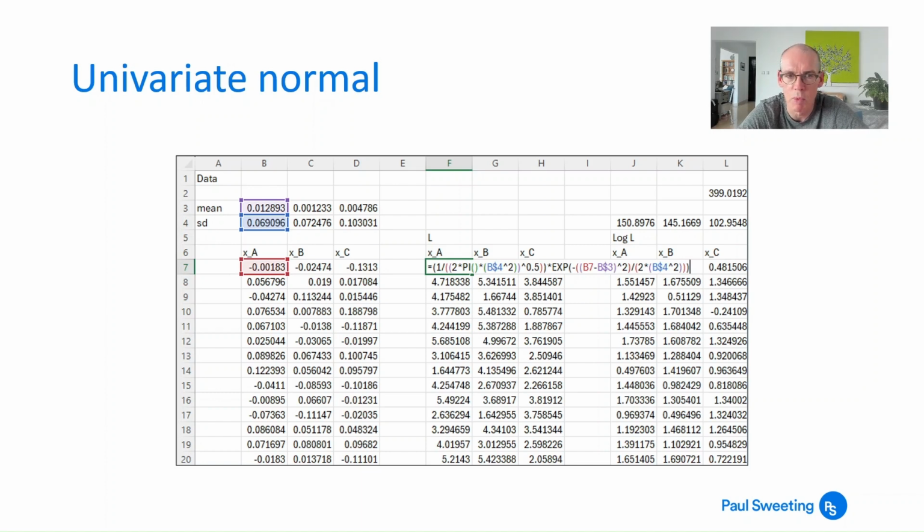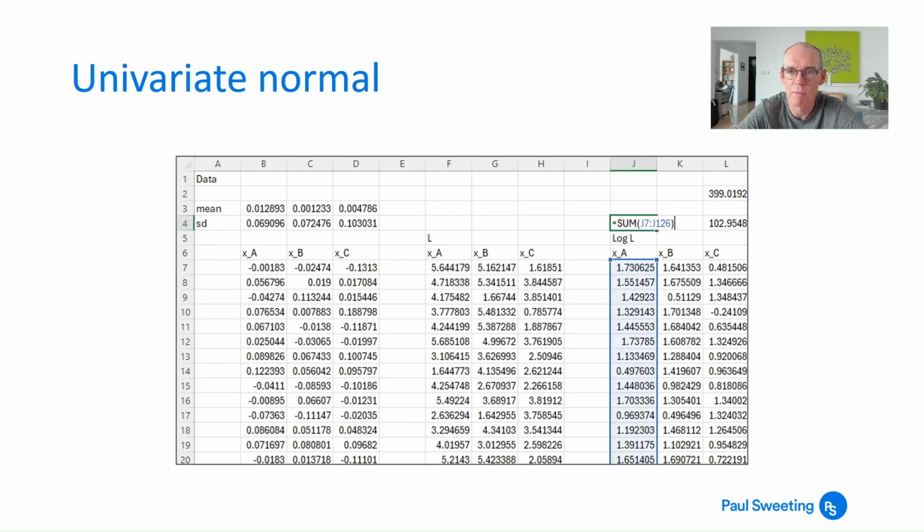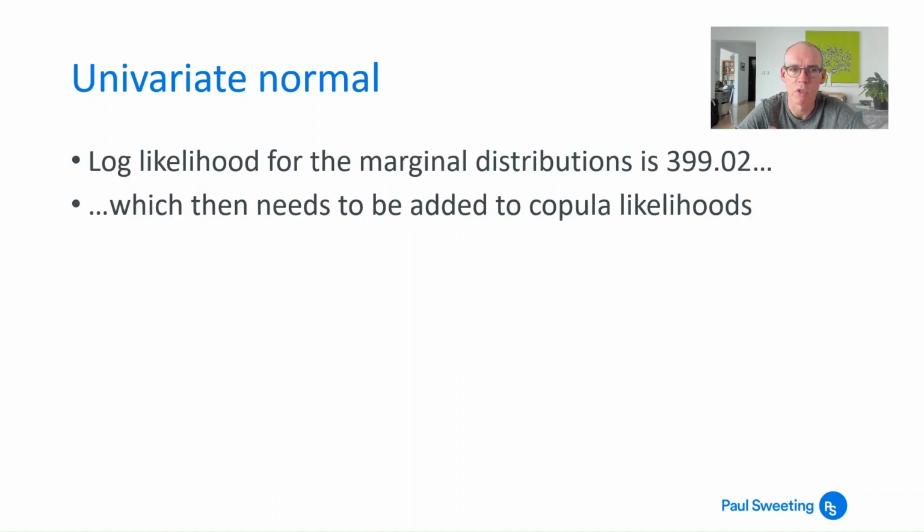That's just the normal density function. Do that for A, B and C. Take the log, do that for A, B and C and for all the observations. Sum them, and then sum the sums. And what that gives you is the log likelihood function summed over the 3 univariate normal distributions. So the log likelihood for the marginal distributions is 399.02, and this is what then gets added to the copula